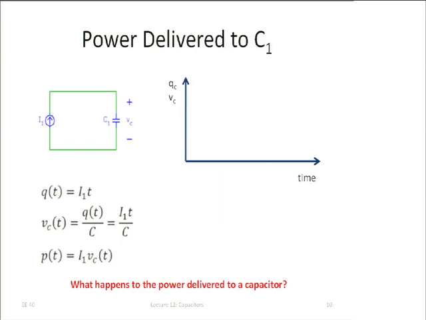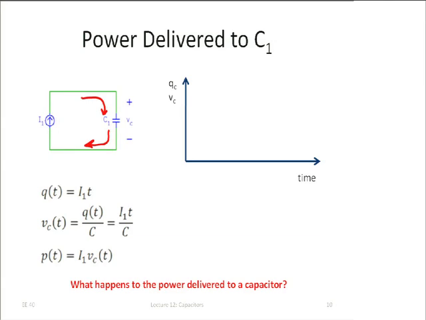So, one of the things, let's look here. What is the power delivered to a capacitor? So let's look at the circuit. Here we have a current source, we have a capacitor, and the current source forces a current into the capacitor. What's going to happen in that case? Well, basically charges take off here, they go in this direction, and then they end up on the other plate. Now, if it's electrons, they actually run the other way around, right? And so most likely it's going to be electrons. But basically, it actually is going to exactly do this charge